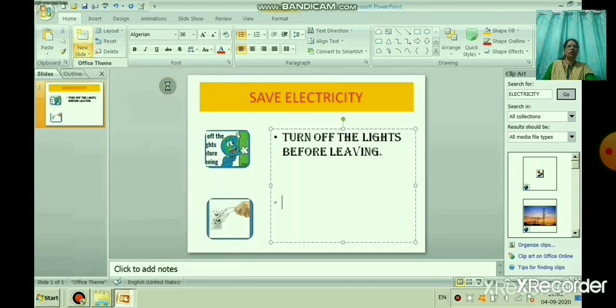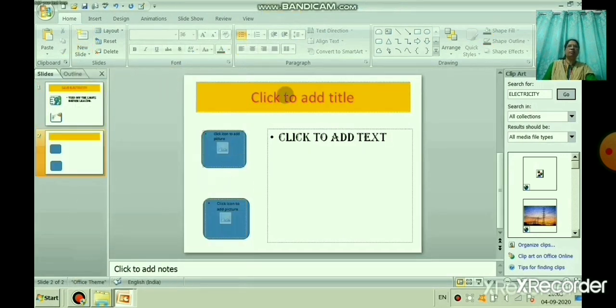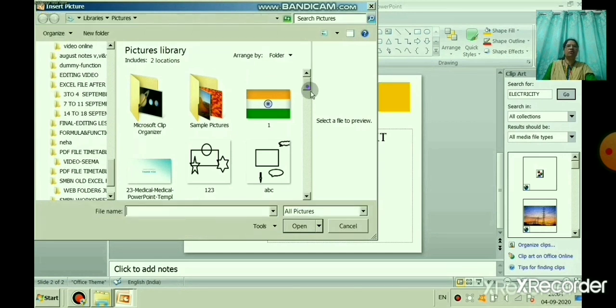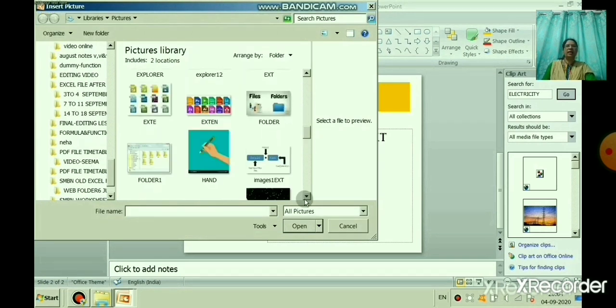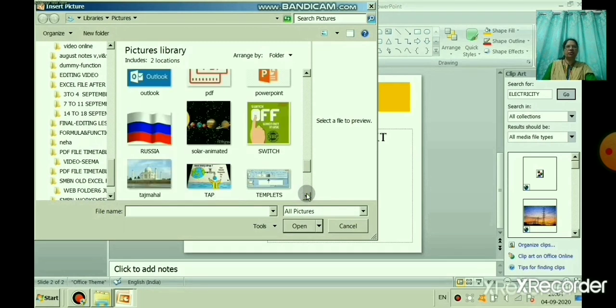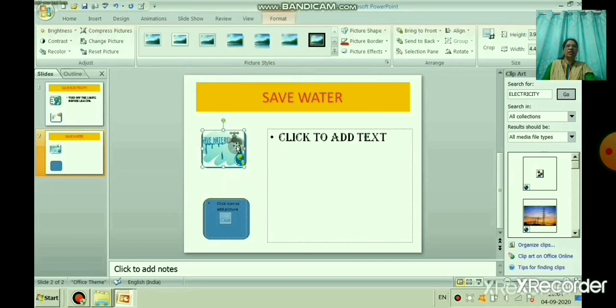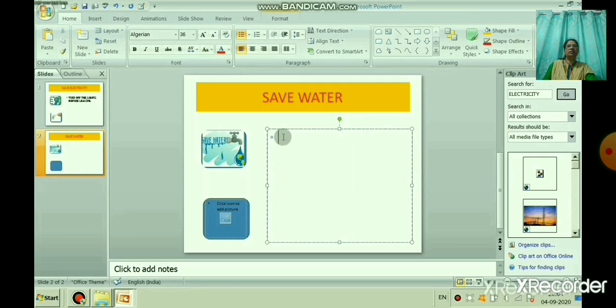Usually we use ready-made templates for PPT, but with the help of slide master you can create your own layout. You can create your own layout and insert your slide. Now we have created slide master, and one by one with the help of layouts we are taking our own slide, inserting a slide and making the PPT. Yes children, suppose you want to create 50 slides. See now, I have taken a save water slide, inserted a picture and you can write.